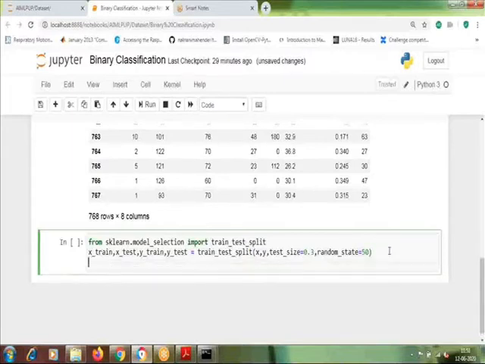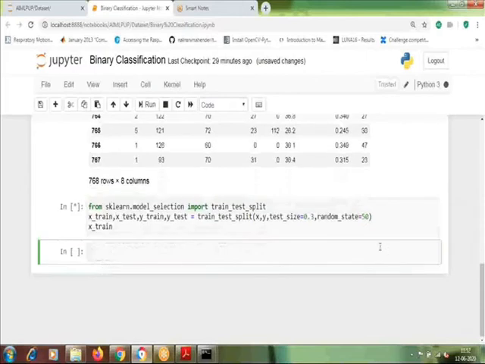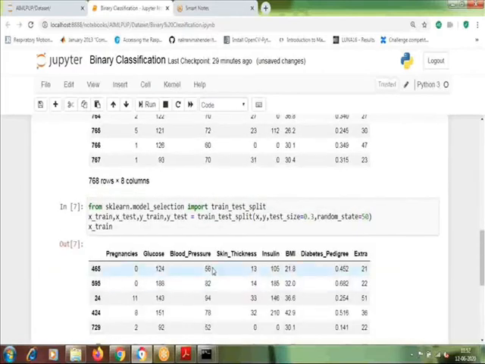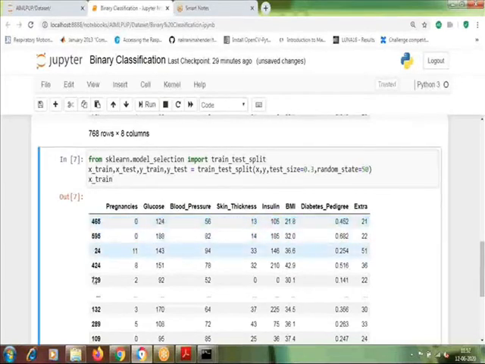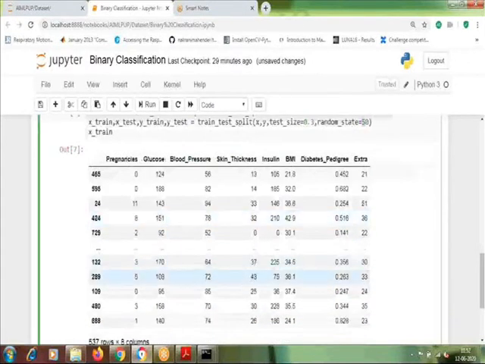Then I am going to print only X_train here. Now I am going to execute this particular cell. When I execute, you can see here that the row indexes are different. Because we have given random_state as 50, it has selected random rows for training purposes. That's why these row numbers are different and arranged randomly.